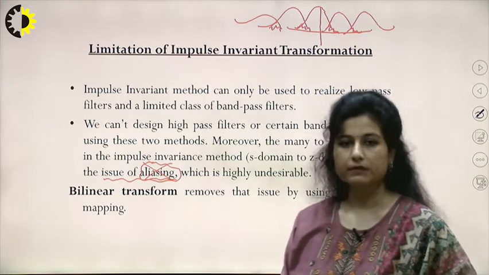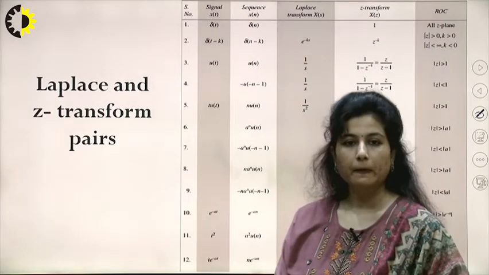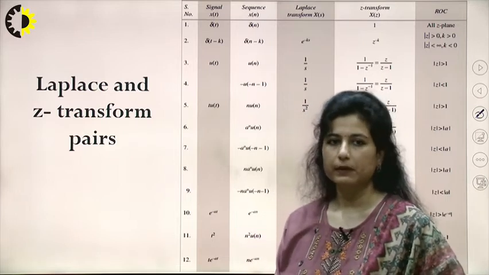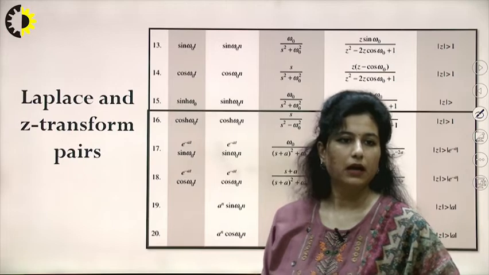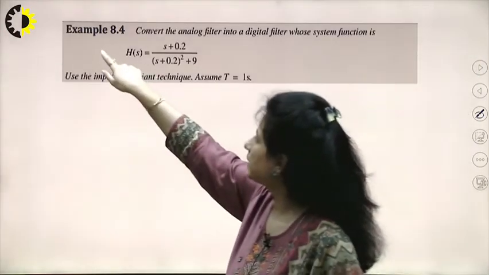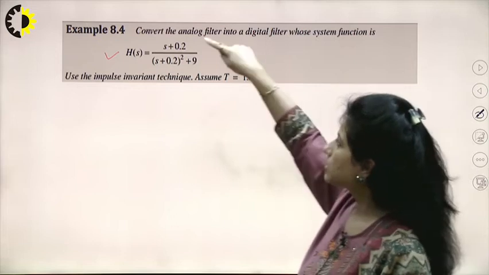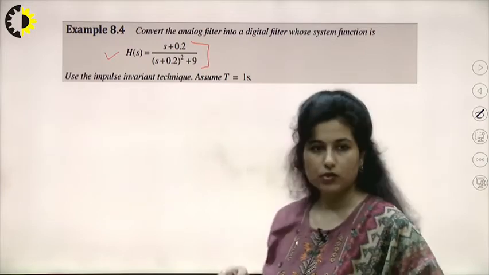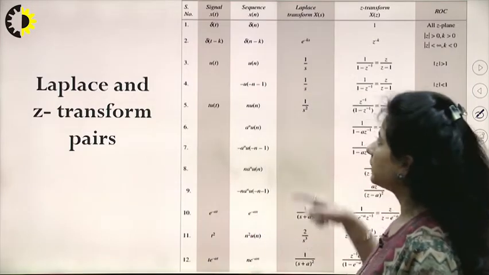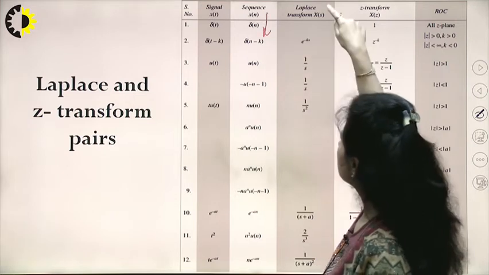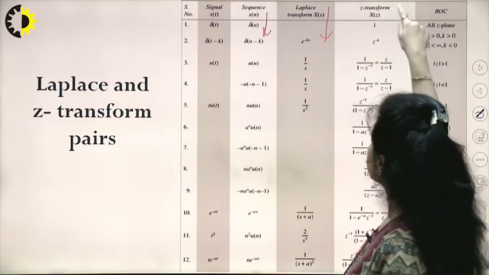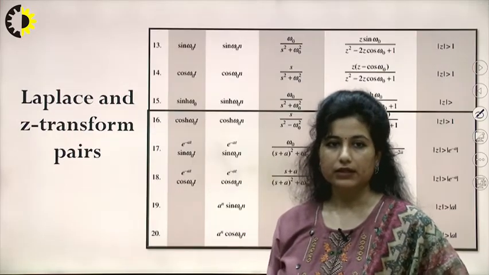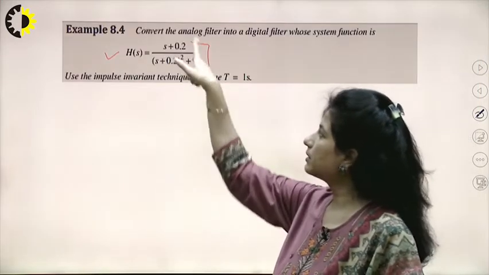Before moving to the bilinear transformation, we will go through certain examples. How do we create a system digitally with this impulse invariant technique? We have this function which I need to convert. I see this numerator and denominator, which I have to map using the mapping techniques available to me. This is my time domain signal, this is a table consisting of Laplace transforms, and this represents my Z transform. I have to match which function this equation looks like.